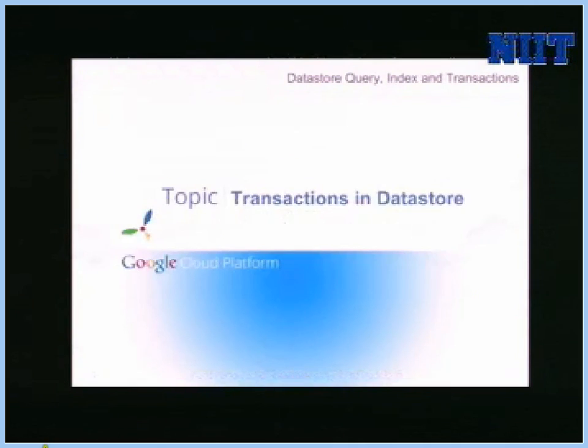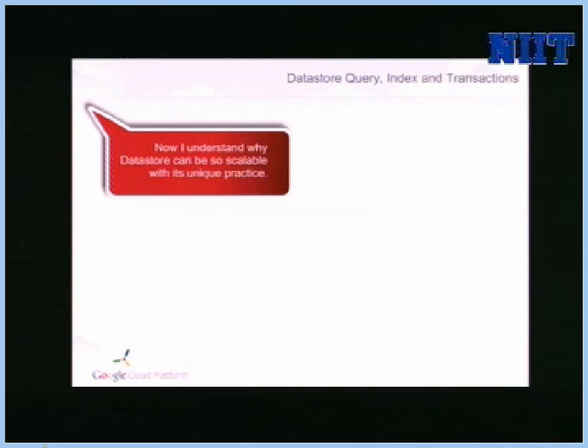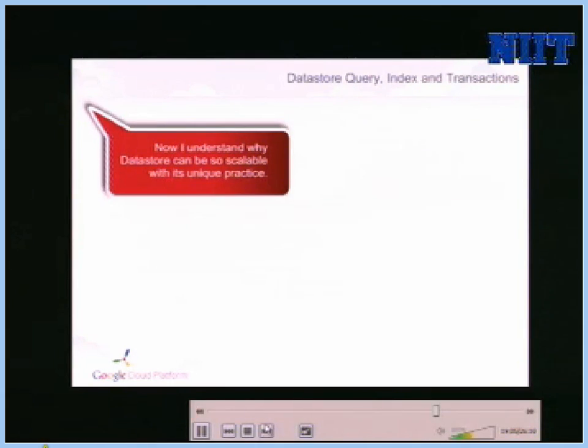Let's now describe how transactions can work in DataStore. Now you understand how DataStore can be scalable with its unique practice like DataScan. It's time now to understand the transactional aspects in DataStore. In DataStore, you design